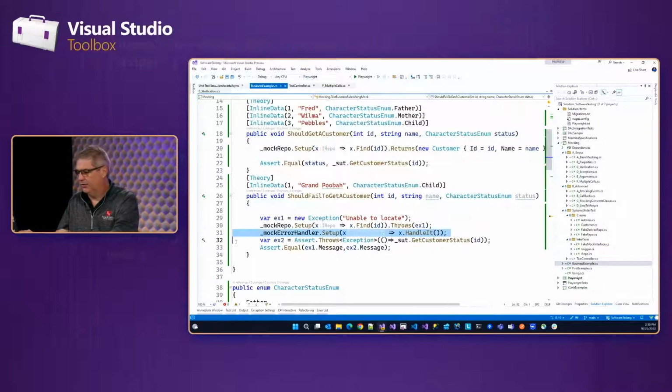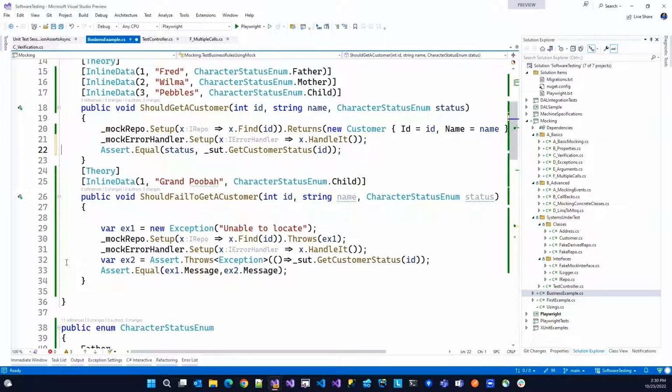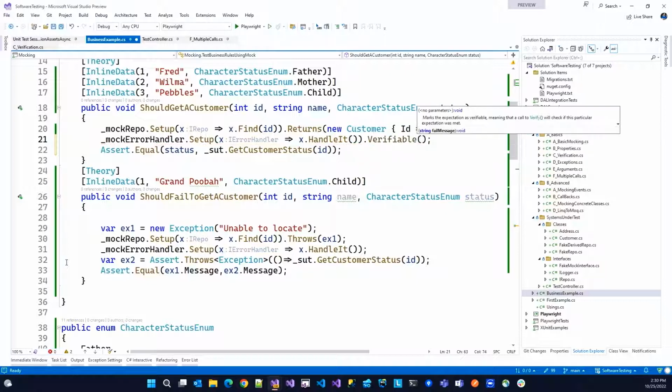And we're going to add this up here. And you're saying, wait a minute, Phil, that's not supposed to be called. Well, you're absolutely right. It's not supposed to be, and we want to verify that it didn't get called.